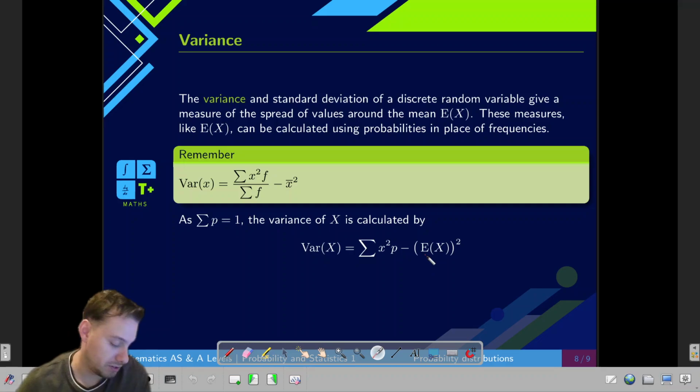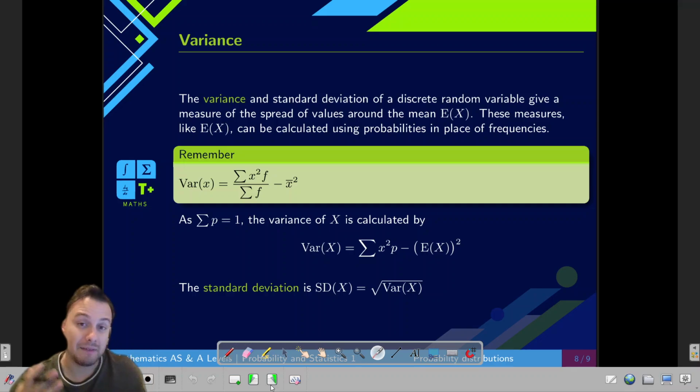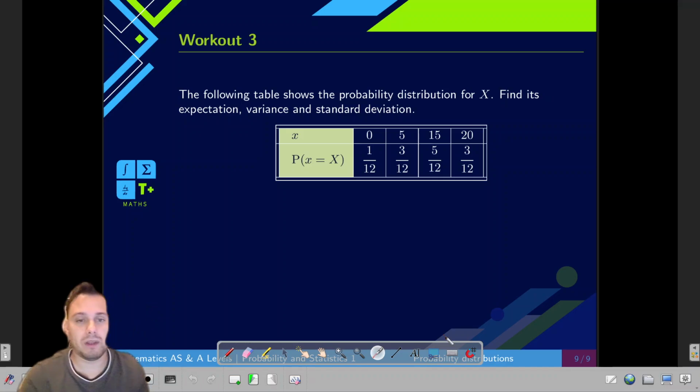As usual, we're going to define as well the standard deviation to be the square root of the variance, just to go back to the unit of the problem. So we have these 3 elements that we can use, and thus we can get into work and find how this would work. We're going to see in this example how we can find expectation and variance.